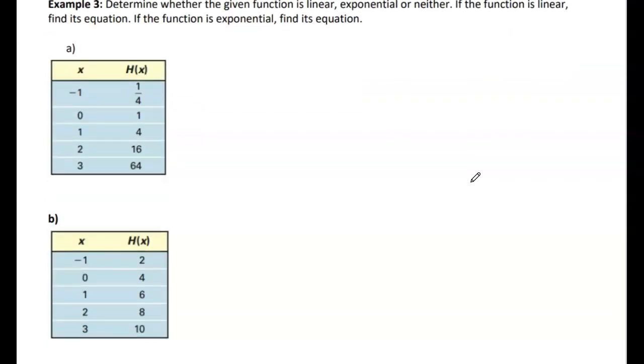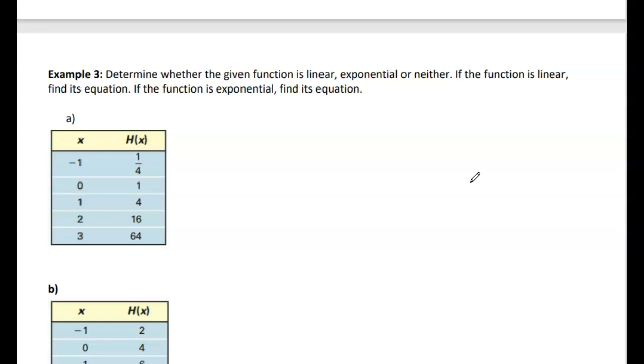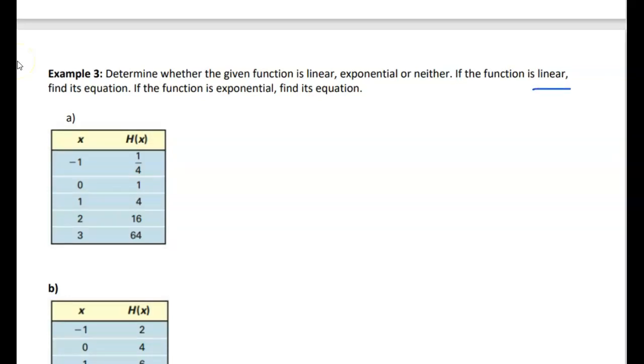So now we want to look at some data tables and figure out whether the data in the tables is a linear function, an exponential, or neither. If the functions are linear or exponential, we want to find the equations. You figure out if it's linear or exponential by looking at how the values change. So for a linear, the slope or the change is constant. Slope is constant,